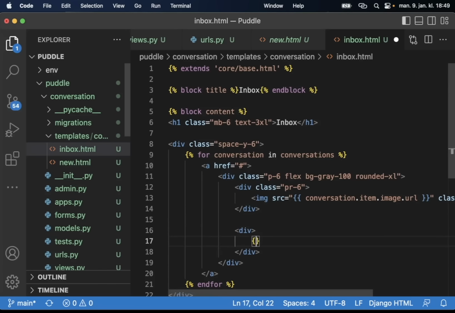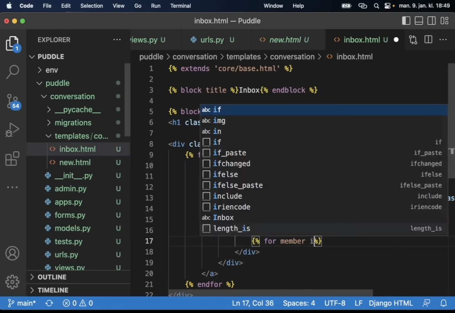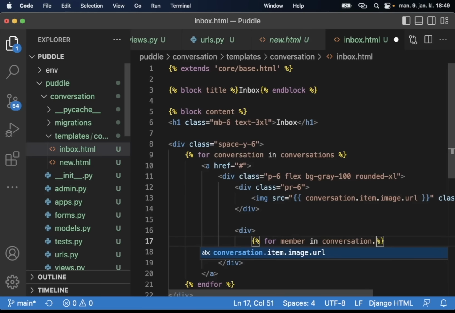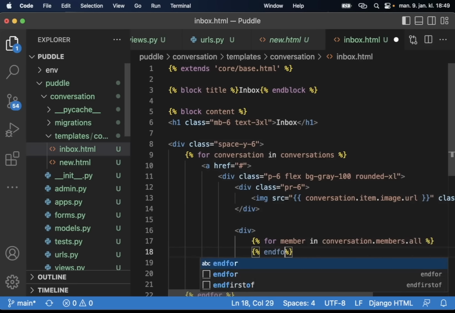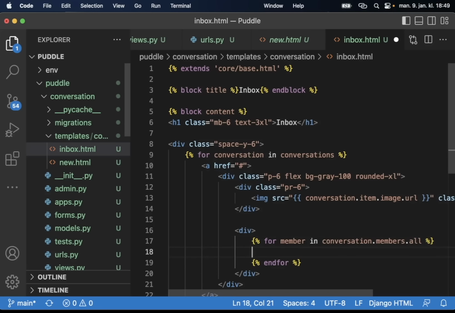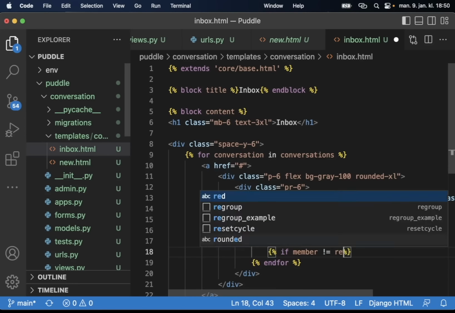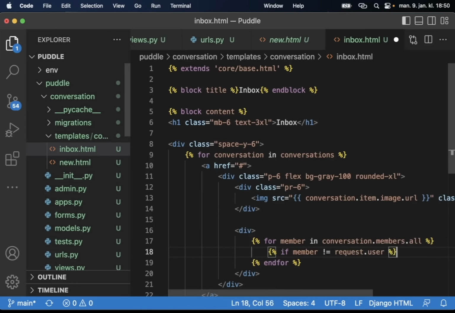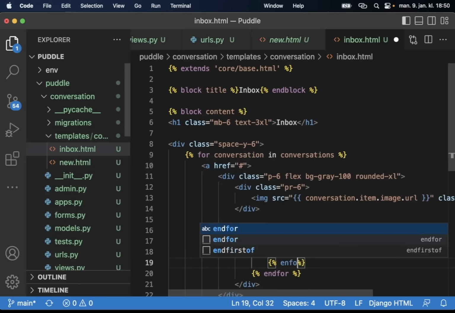Then I want to loop through the members. So for member in conversation.members.all. So this is how you get all of the members when you use a many-to-many field. And endfor, and if the member is not you, then I want to show it here. So if member not equals request.user, and endfor,